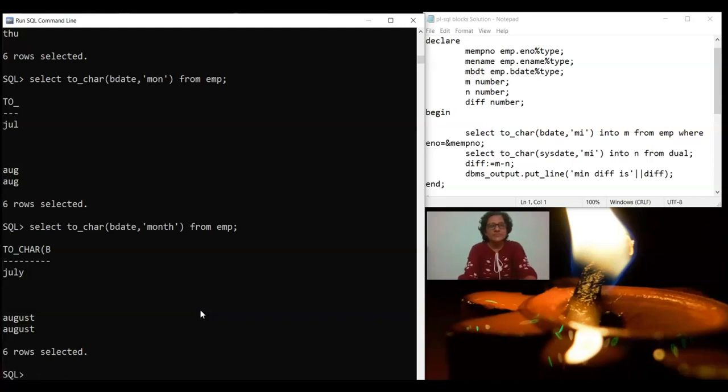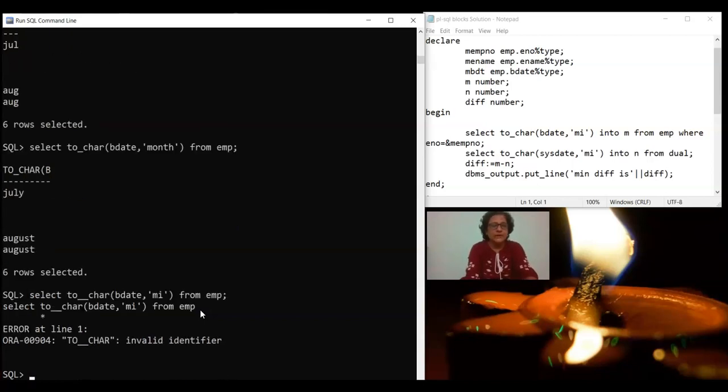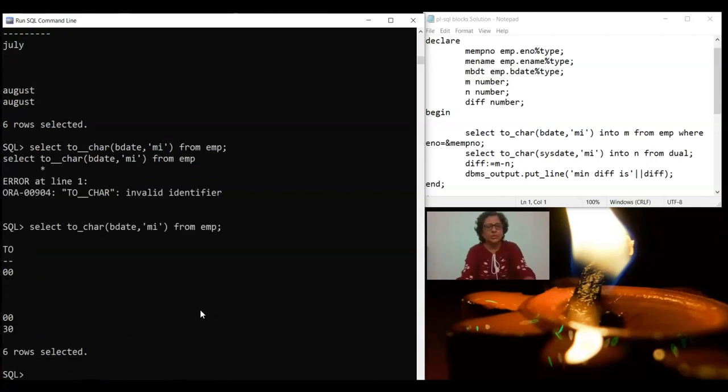In the same manner, suppose I execute a PL/SQL block in such a way that I want to find to_char of bdate, and then I write minutes. Not dual, because bdate is in EMP, so bdate. If I write it, it is giving me an error. Let's see why it is happening. I have given two double quotes.